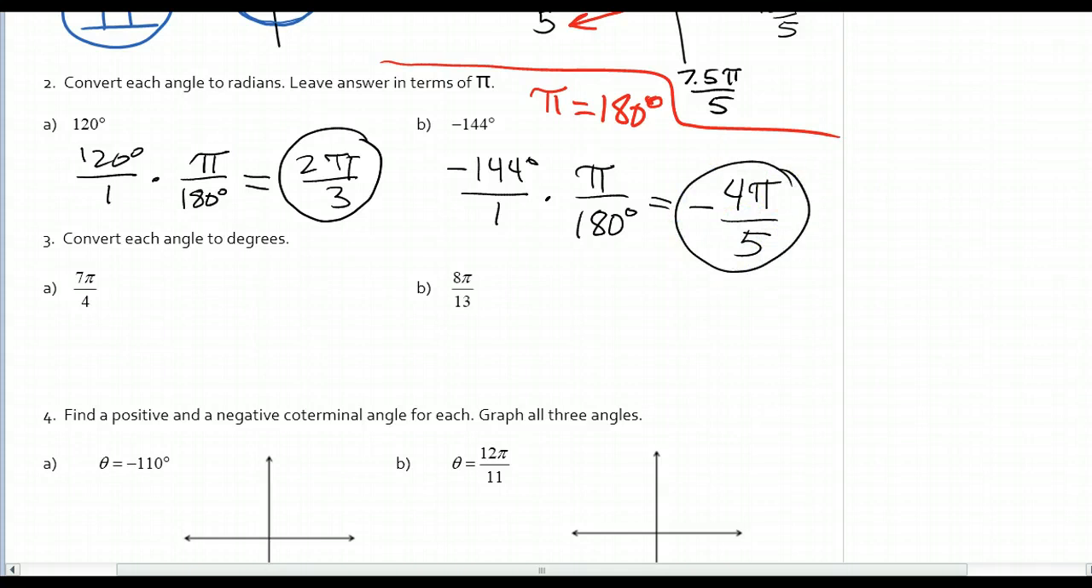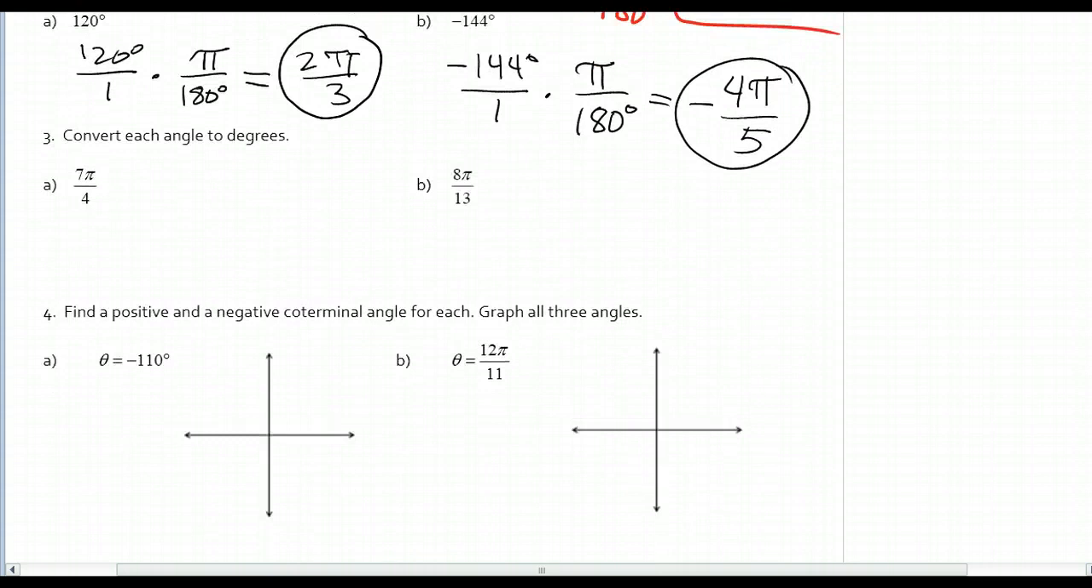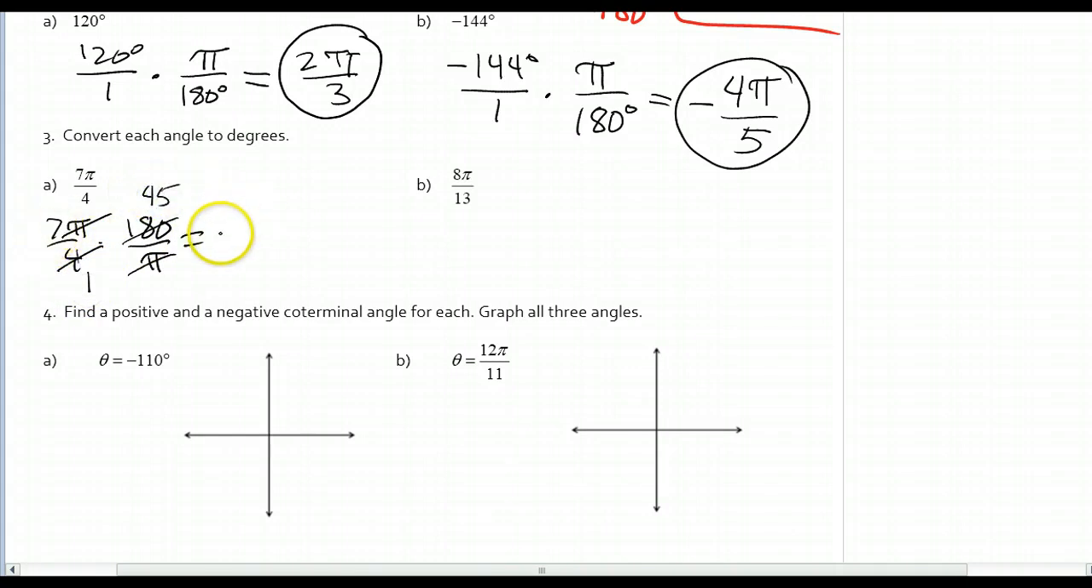Alright, again, write down any questions you have. Make sure you ask me in class. Next example, we want to convert each angle to degrees. So now we're going to take our conversion factor and we're going to flip it. So now I've got 7 pi over 4, and I'm going to multiply by 180 over pi. So you see the pi's are going to cancel. This 4 is going to reduce with that 180 to give us a 1 down here and a 45 over here. And then I have 7 times 45, which is